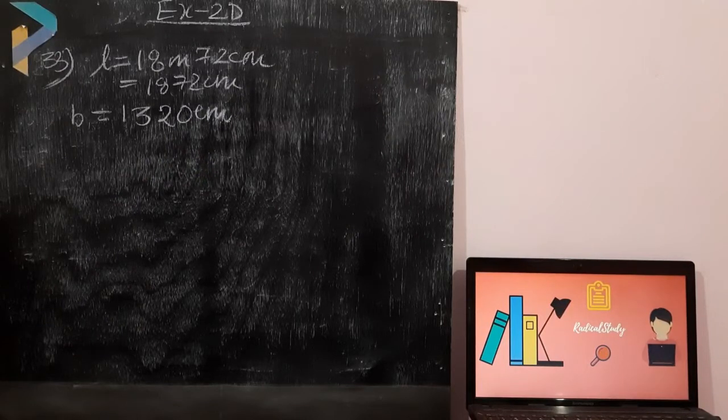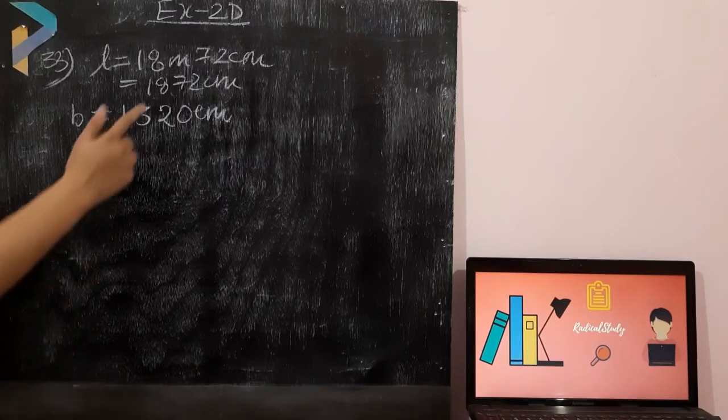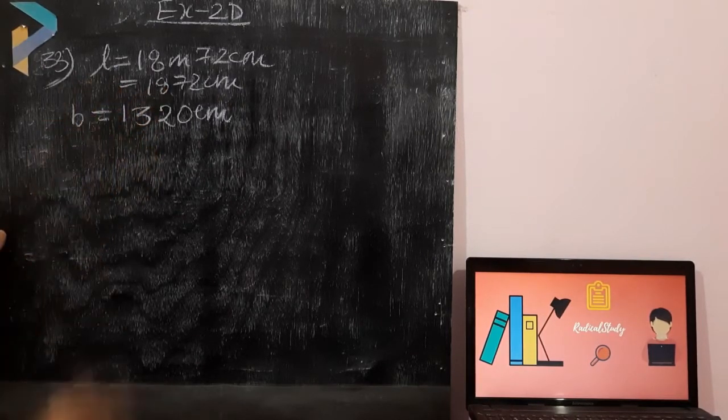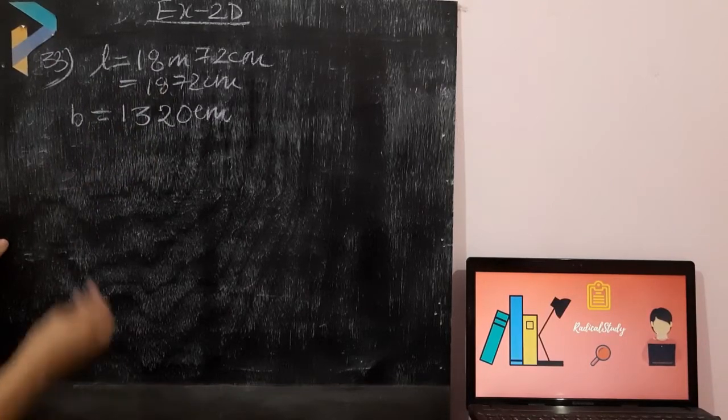Now the next step which we have to do is, you have to find out the HCF of these two numbers. When you find out the HCF, that will be the edge of one tile. Okay students, this is your rectangular surface, so first you have to find the edge of a particular tile. So for that you have to find out the HCF of these two numbers. When you find the HCF, you will get the edge.